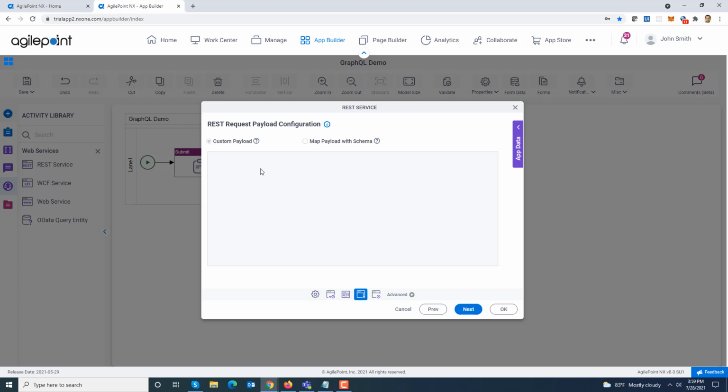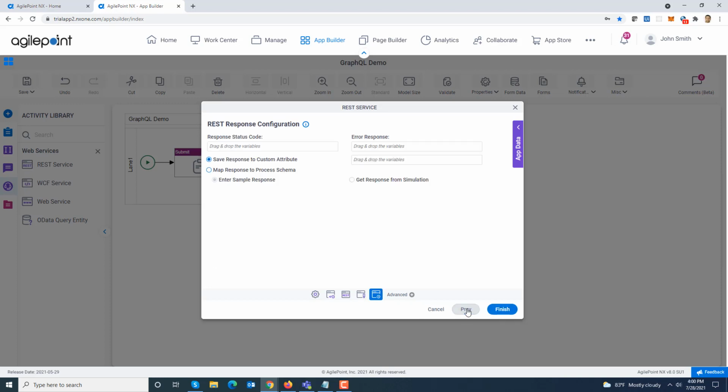Click next. This one does not expect a payload to be passed because the values are already being passed in the URL. That's why the payload section is disabled. Next, it asks me how do I want to store my schema. Now I can store it in a custom attribute as I said, or I can